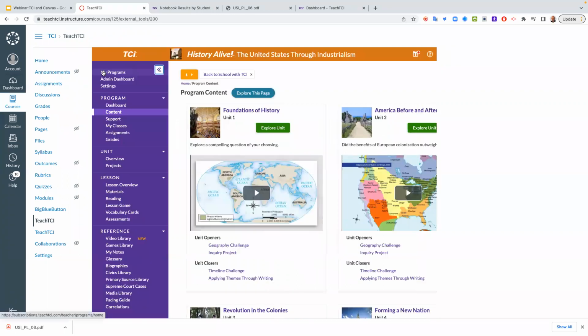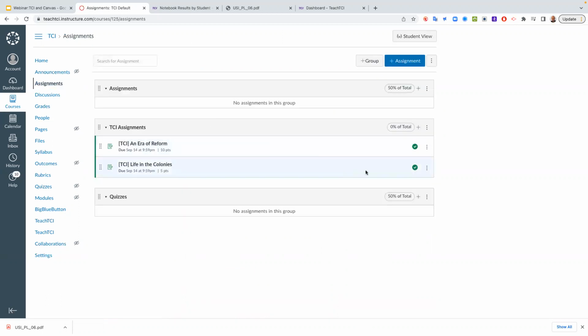My only beef with doing it this way is that the iframe in Canvas, which is great, you might want that to stay there, but it kind of surrounds the TCI application, and it just makes the TCI part a lot smaller. So I like mine to open up in a new window, but it's total preference on you and what you and your students want. But when you go into your assignments,